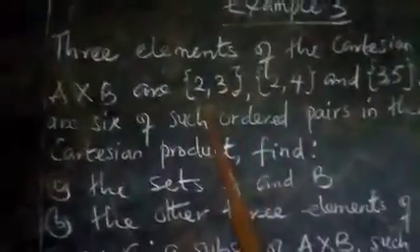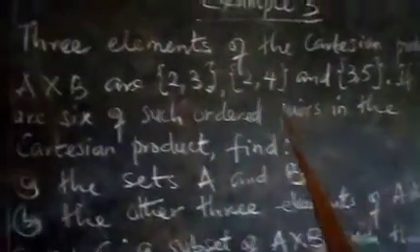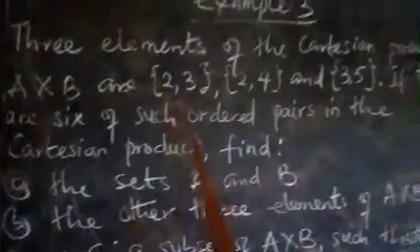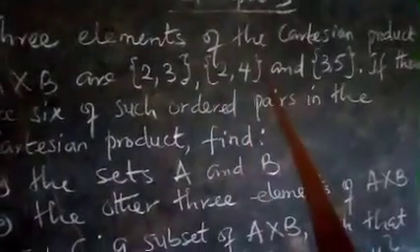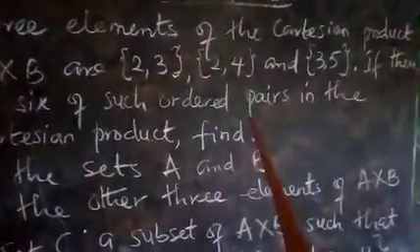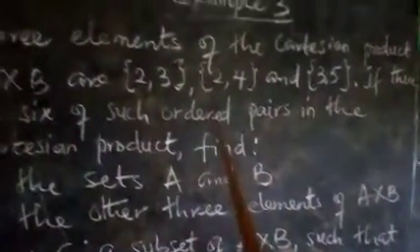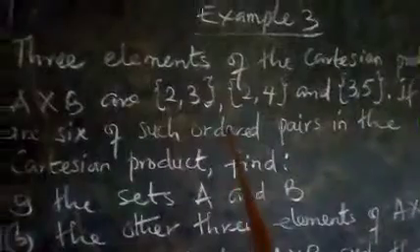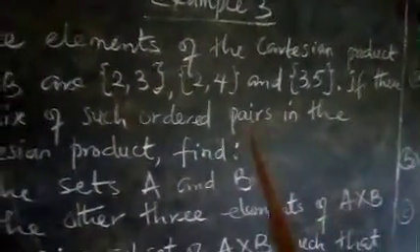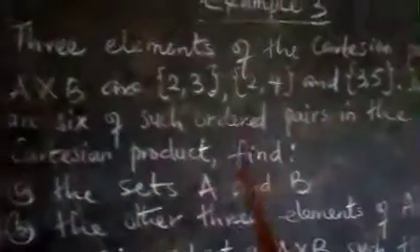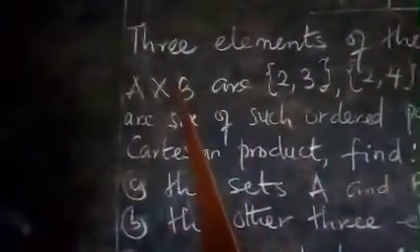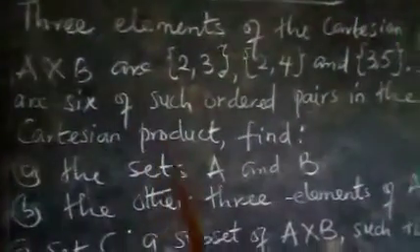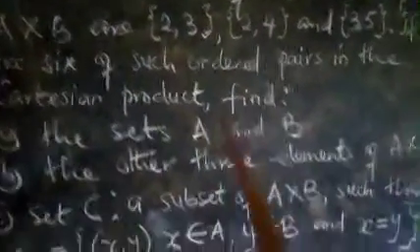So the Cartesian product, according to what they write here, is supposed to have 6 elements. They wrote out just 3 for us. So from the question, we have to find the remaining 3. It is from these 3 that they wrote out that we are going to find what the elements of the sets A and B will be. So let's see how it goes. The solution.